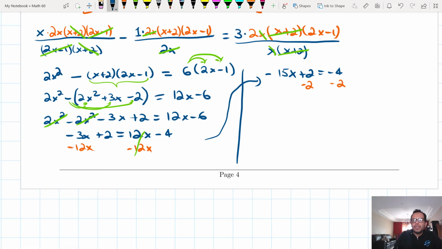We get the following: negative 15x equals negative 6. And finally, to get that x by itself, divide both sides by negative 15. See how the negative 15s divide out, leaving us with x equals negative over negative, which is going to be a positive, and notice this is 2 times 3, this is 5 times 3, cancel out the 3s, we get 2/5